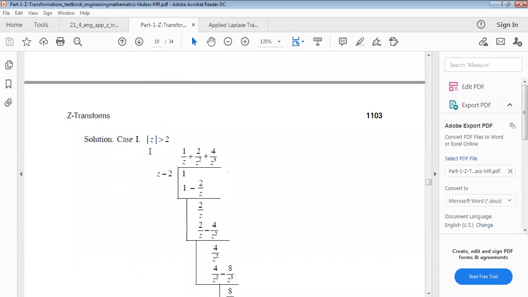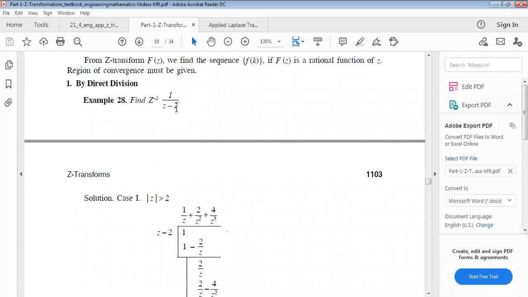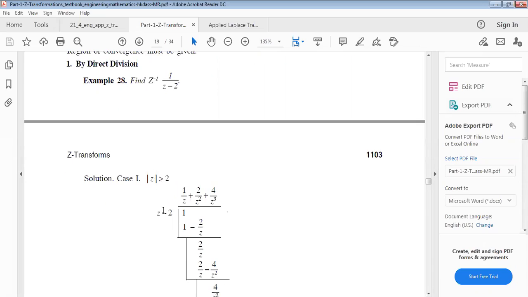For the first case, if Z equals 2, then this will be an undefined function. Now we will consider the absolute value of Z greater than 2. That means the absolute value greater than 2, so Z by 2 is greater than 1, dividing by 2 on both sides. So Z by 2 greater than 1. This is why we can write this from this